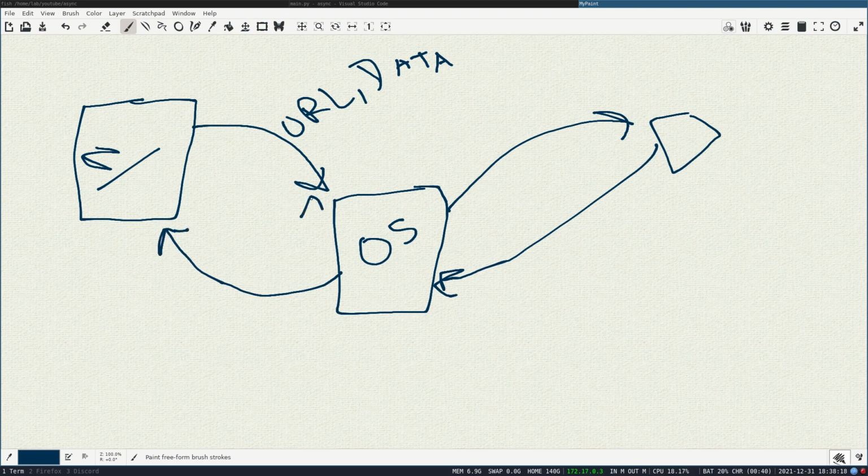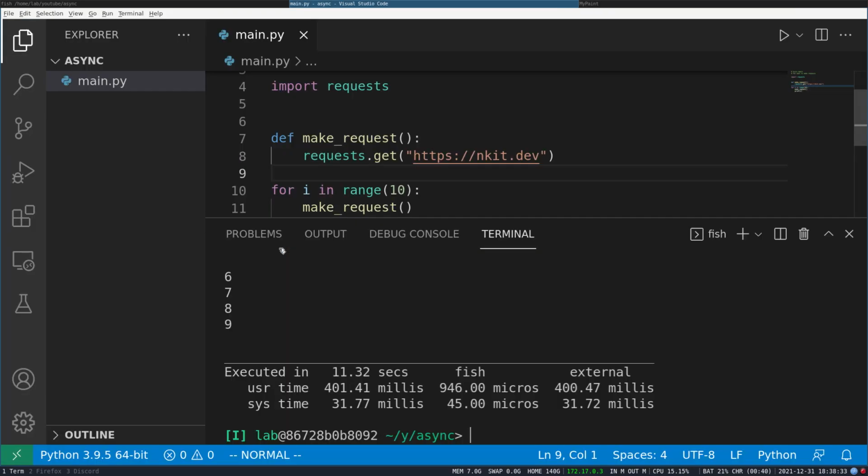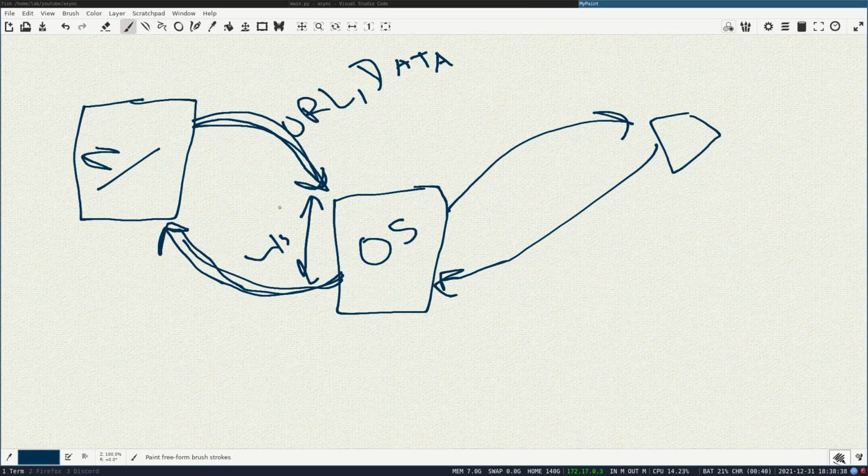And the 1 second that we see is here, from the time when we send the data to a website to the time when the website sends the data back. So here we are making a request and here we are getting a response, and the time period between them is around 1 second in this case. One thing to note here is that in this 1 second our Python code isn't doing anything, it is just sitting there. So what it can do is make another request.